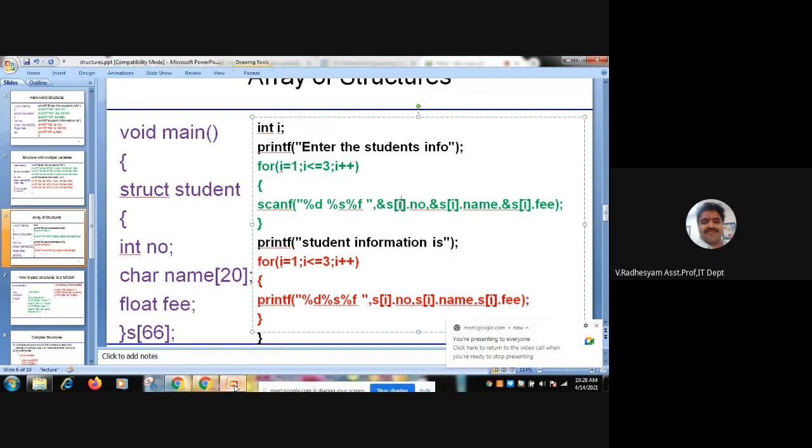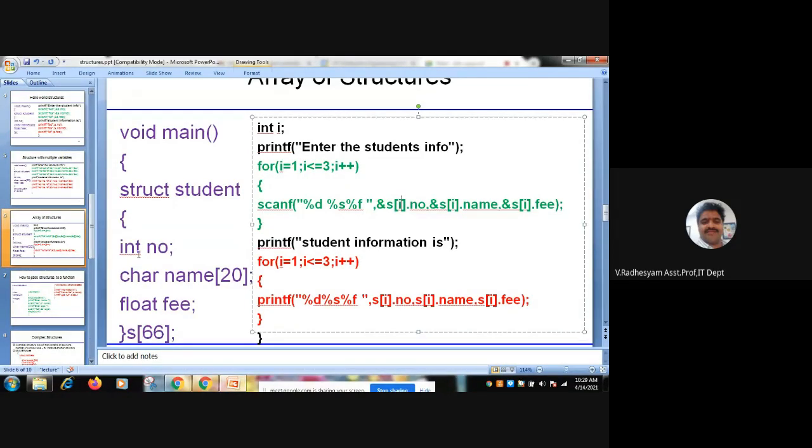Now we are able to write a program which can take all your student details. First year BTech IT students' data can be taken through the keyboard and printed using an array of structures.